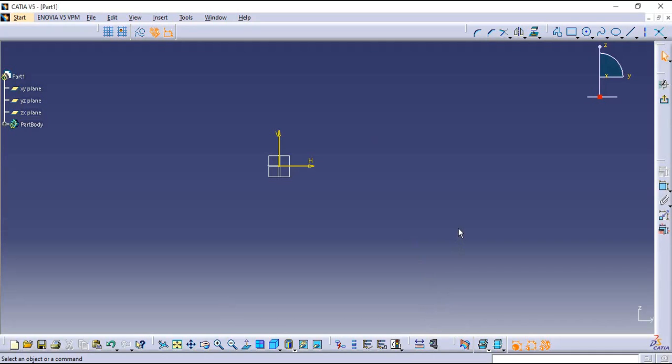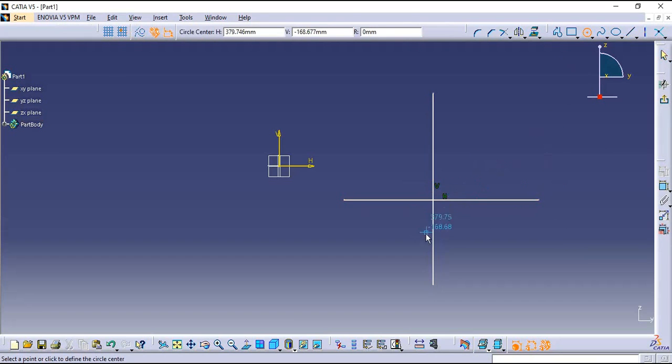Now what is intersection point? I need to create a drawing at the intersection point of any two lines. I create two lines and I need to create a circle at the intersection of these two lines. But right now there is no intersection point, so I cannot get an exact intersection point of these two lines. So the best practice is the intersection point. I will select this line, then this line, and automatically I will get a point at the intersection of these two lines. Now I simply select a circle, select this center point, and I will create a circle.